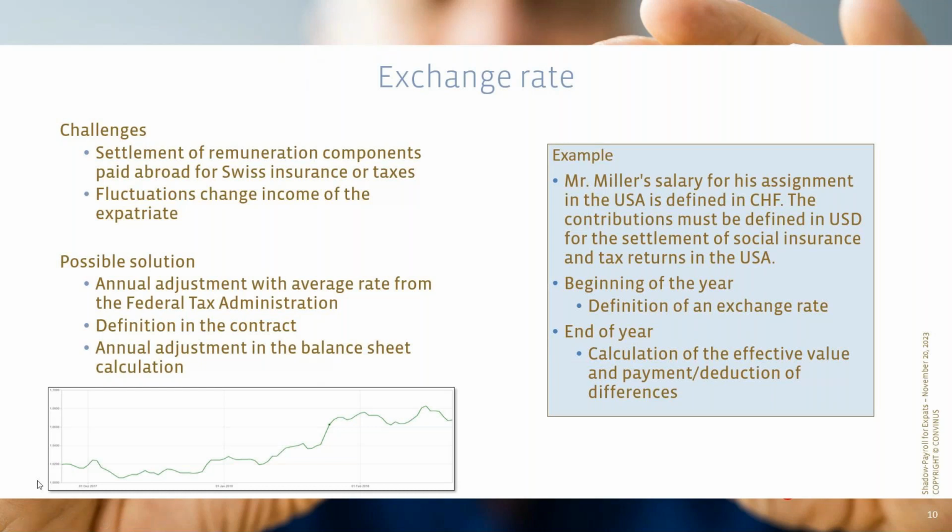Exchange rate is also something which from time to time gives a bit of discussion. Not so much how to implement it, but more which exchange rate someone should use. Basically, there is no legal provision for which one you have to use. What we can recommend is that you choose whatever works best for you. Either the one you usually use for transfer pricing, or for VAT reasons, or as a company exchange rate, or whatever else